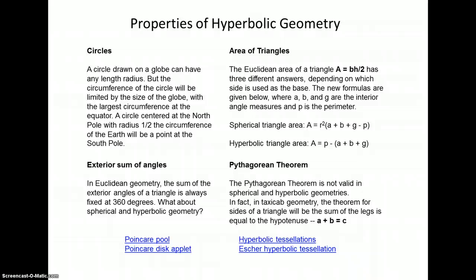Usually we think of the Euclidean area of a triangle as base times height divided by 2. But this has three different answers depending on which side of the triangle you use as